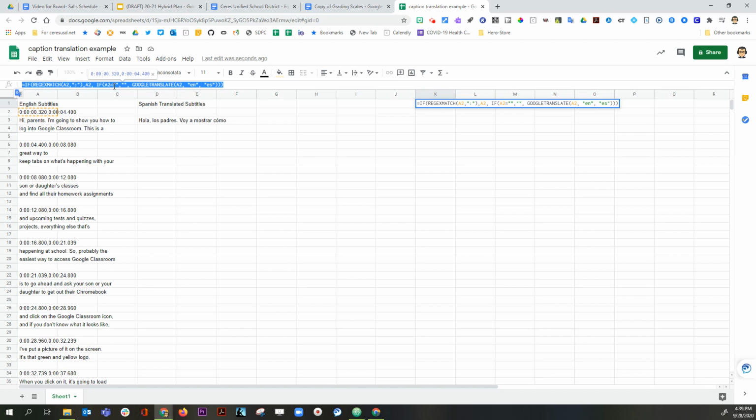The next conditional is if A2 is blank. If it's a completely null cell, then it's just going to replace it with a null cell. So that'll take care of my little error thing. And then the final condition: if neither of those 2 conditions are met, then we go ahead and translate the text. So if I put that here,